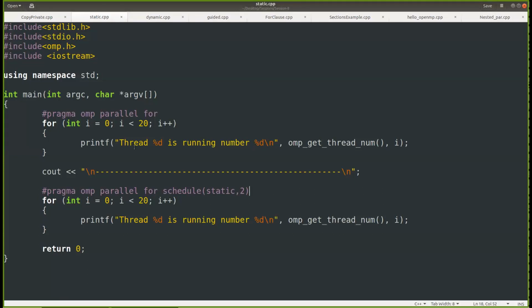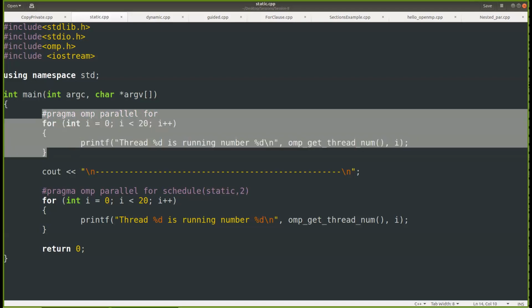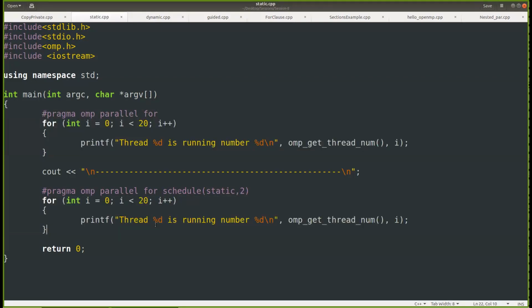Or rather, some explanation around how you will be visualizing, or thinking about, the work division that will be happening for this iteration. I'll wait here for a few seconds and then we'll discuss it. But please try offline how the distribution of the iterations of this loop will happen in this case and this case, and in general what the output will be for both of these printfs.